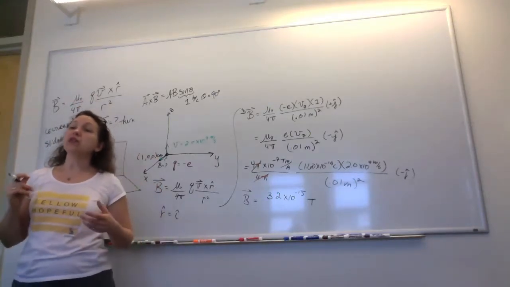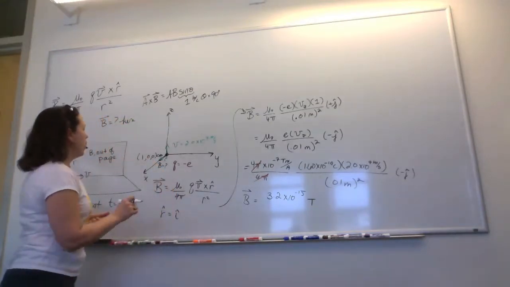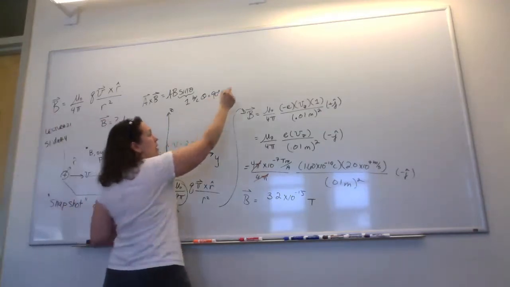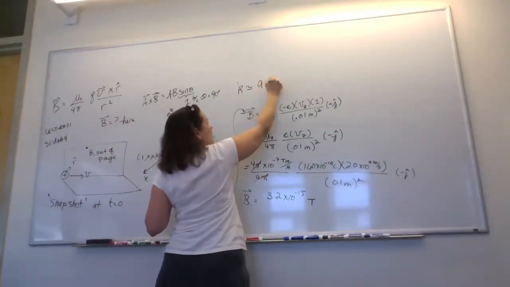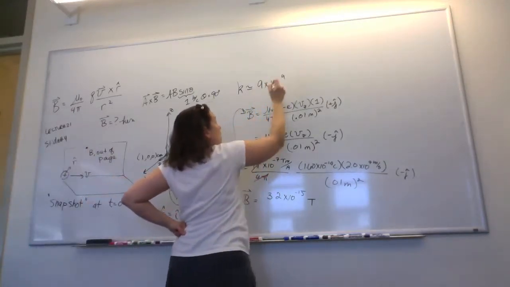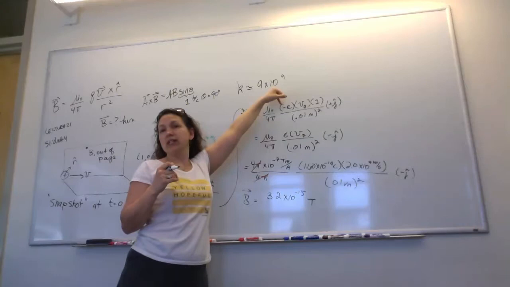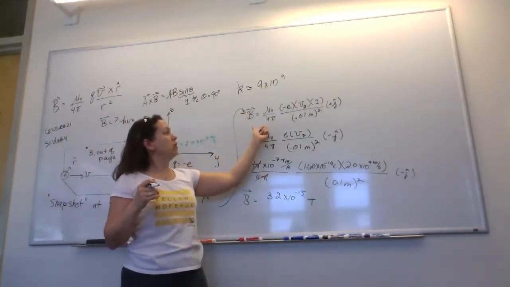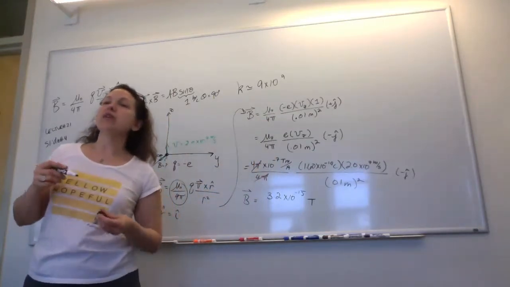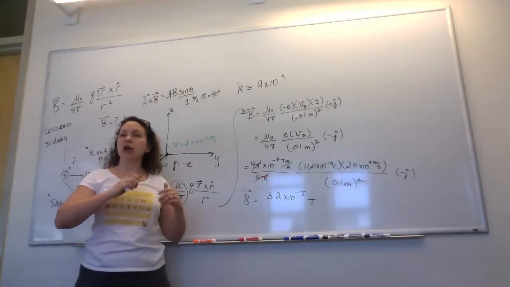Much smaller than the electric fields that we were used to dealing with. And part of that is this mu naught over 4 pi. Remember, k is about equal to 9 times 10 to the, what is it? 9. Okay, 9. So for calculating the electric field, we're multiplying something times almost 10 to the 10. Here, for the magnetic field, you're talking about multiplying it by 10 to the negative 7. Magnetic fields are typically very, very weak compared to electric fields. And that's also going to come about when we start talking about